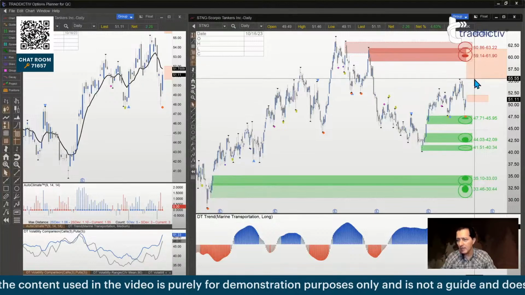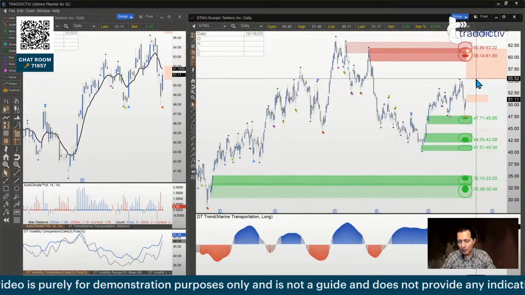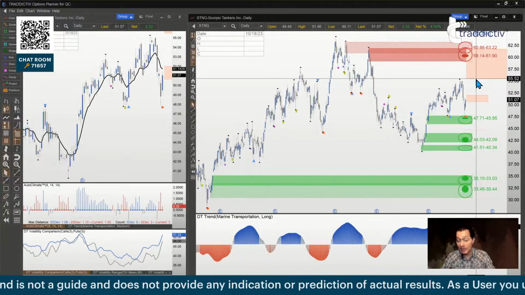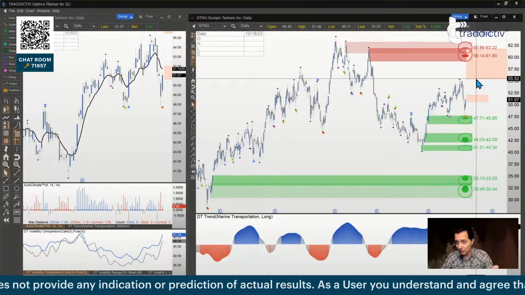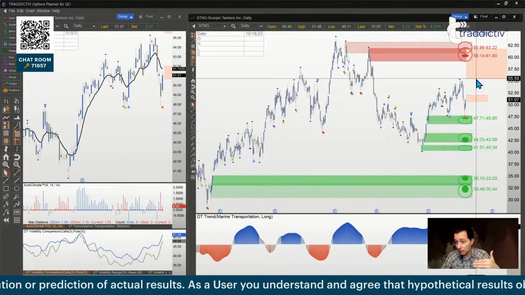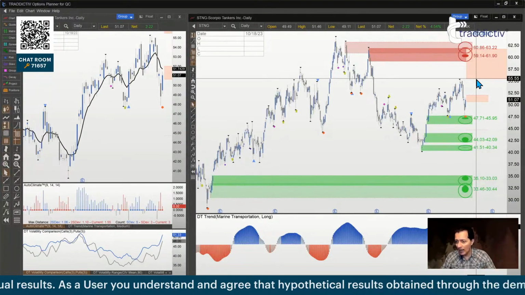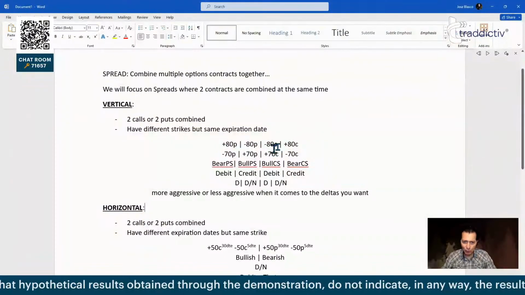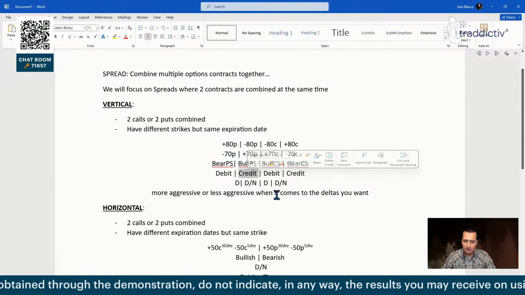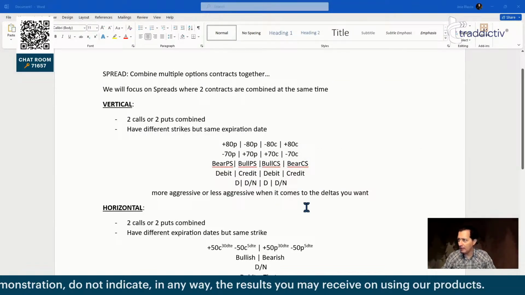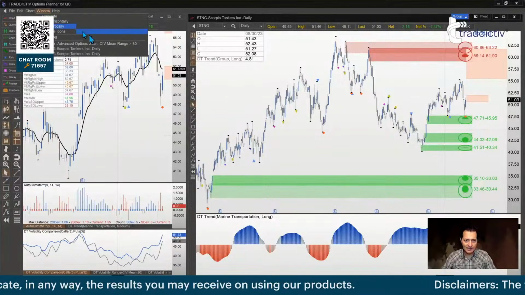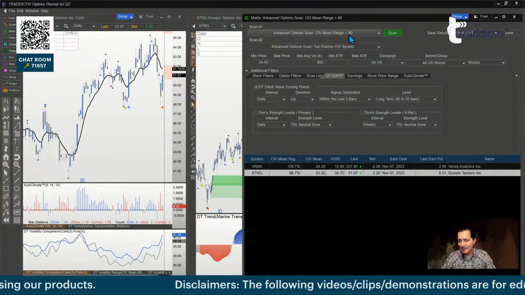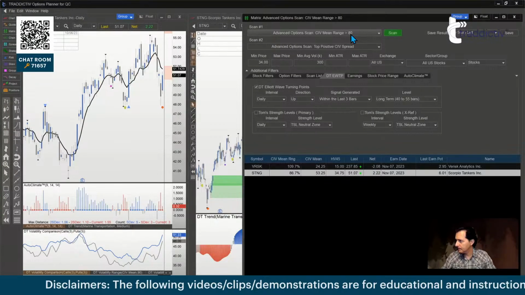So maybe you want to set up an options trade there with that stock, knowing that the options are expensive and knowing that you have a bullish component on the options prices too. So you have a lot of bullish indication for the stock and the group, and you may want to do a bull put spread. Why a bull put spread? Well, because the bull put spread is when you do credits and you are bullish. And in our filtering conditions, we had a CIV mean greater than 80. So this is expensive options.